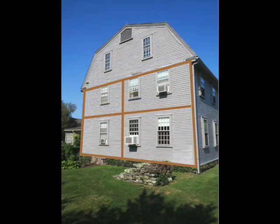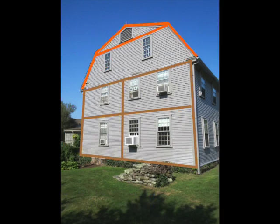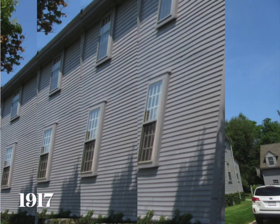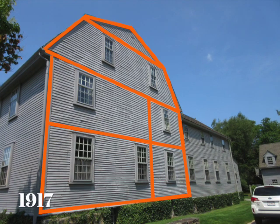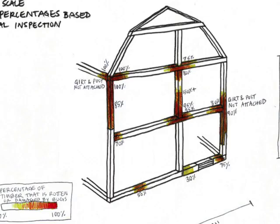We have the lower frame that then probably had a salt box on it, but then this was removed in 1755 and they put a new frame on the top. Then in 1917, Isham had taken off the 1823 edition and added the back L and the upper part of the roof. So this was probably the fourth bent on the interior of the building